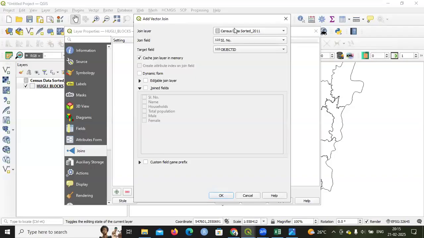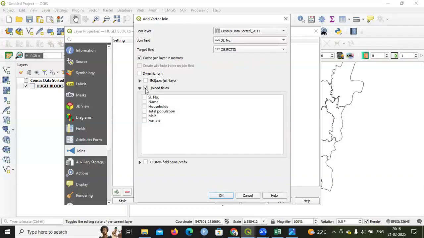For census data, that is the CSV data, you have to choose the SI serial number field. And for the shape file, you have to choose the object ID, because this serial number and object ID match with each other. And then just join the field,